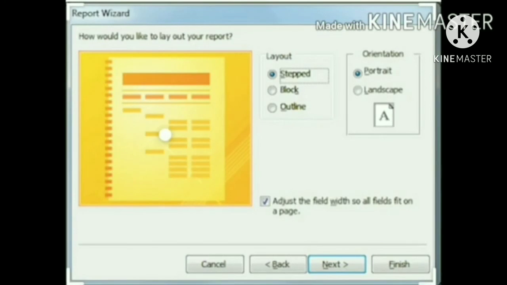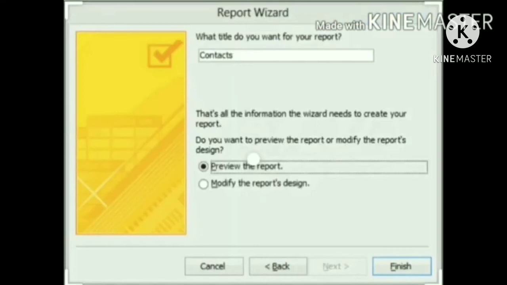It will take you to a dialog box where you may select the layout of the report. Sixth, in the above dialog box, select the layout and orientation for the report. Seventh, click on the Next button. On doing so, the last screen for generating the report by Report Wizard appears. The last screen looks like this. Eighth, now click on the Finish button to finalize the report creation.